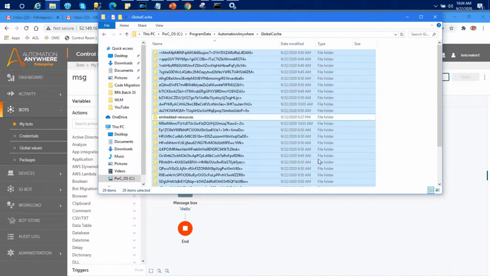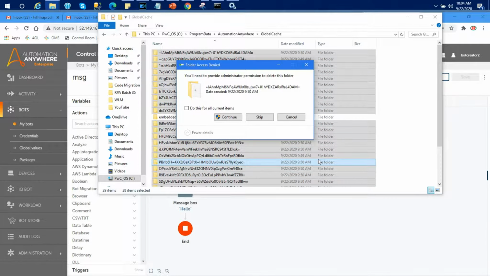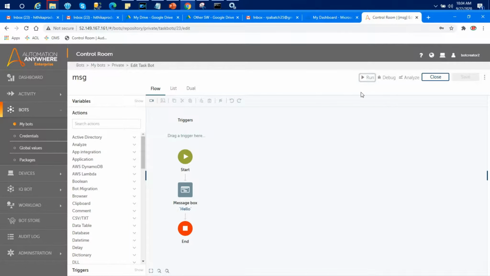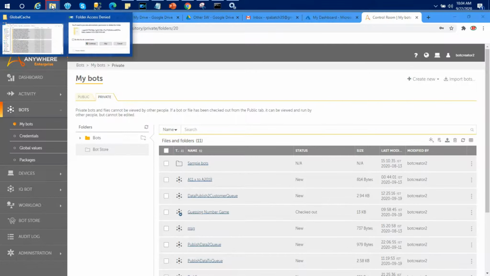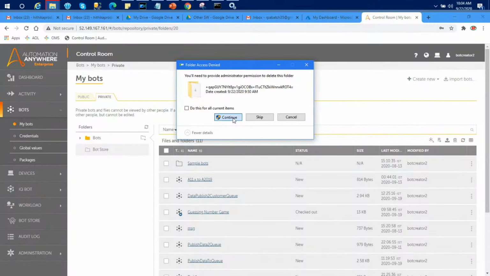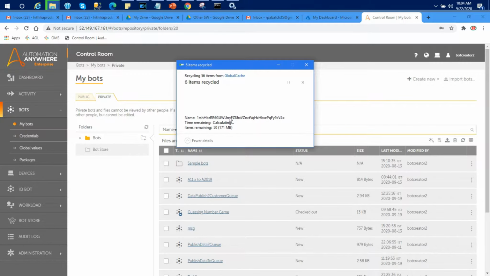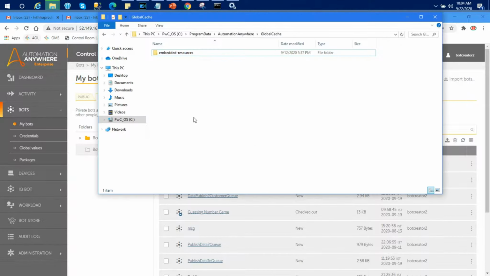It takes a little longer to download the dependencies, and then it will start. Let me go here, close this. So most of them are deleted, right?